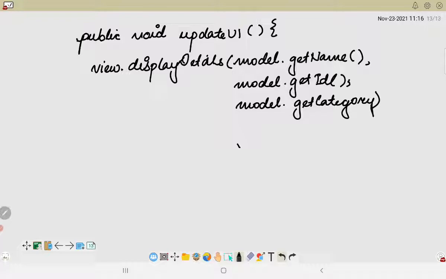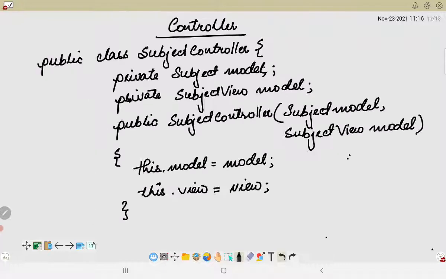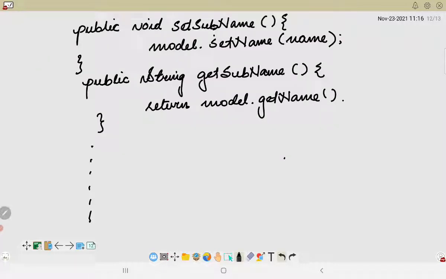So these are the things that I will be calling whenever I will be sending to the view layer, whenever I call the update UI method. Now finally, if we look into this program that we have just written, this particular controller tells us that the controller class is just responsible for calling the model to get and set the data and updating the view based on that. Okay, now how all three of them are tied together, let us look into that.